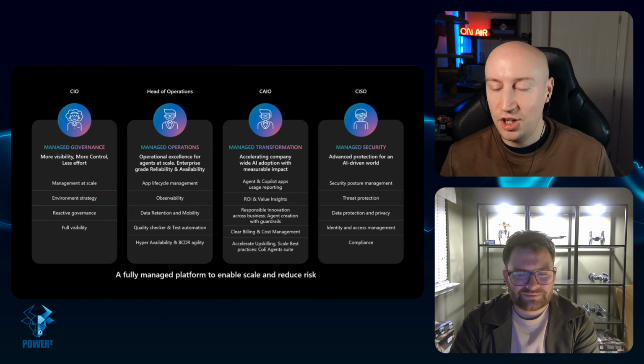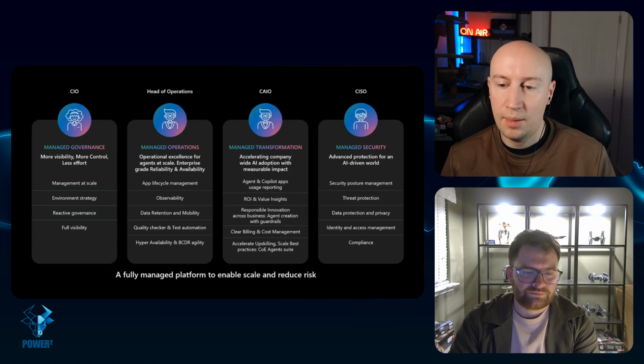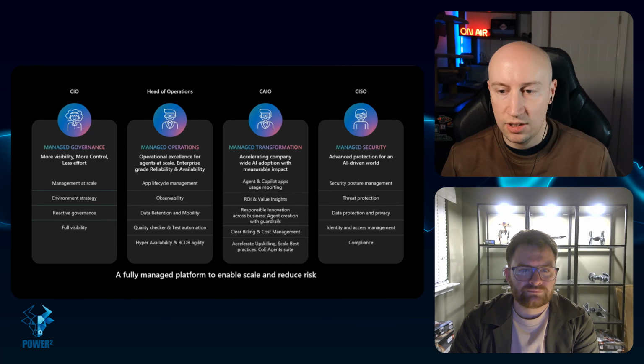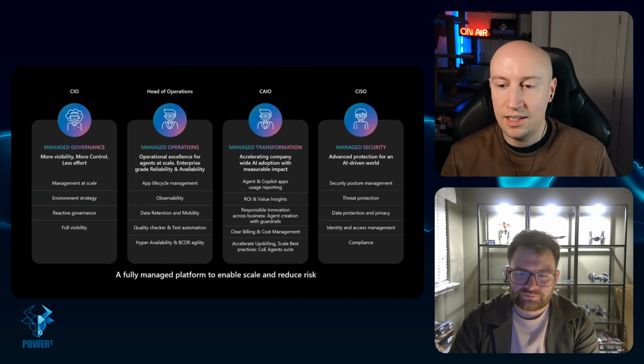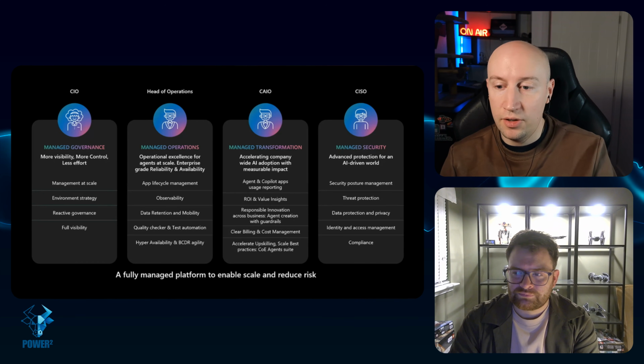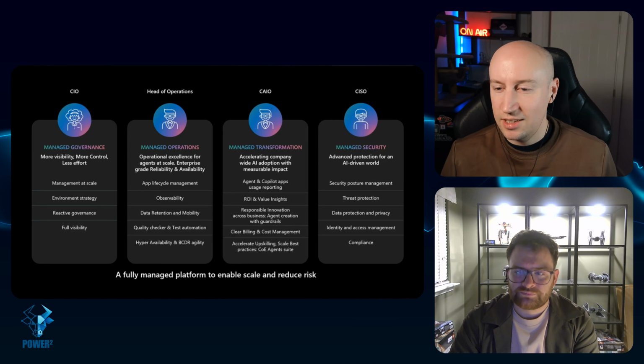So we also have managed security, and there have been loads of advancements within security and Power Platform. We're getting more and more insights into what's happening with the security in the platform. And it's especially important when it comes to agents. Are people trying to jailbreak agents? Are agents accidentally leaking data? And from that side, we've got a lot of management within Power Platform, but it again goes back into things like Purview and sensitivity labels and things like that. They all come into it when you've got your Copilot Studio agent that's talking to Microsoft Graph or it's talking to SharePoint. So yeah, it's a really interesting place.